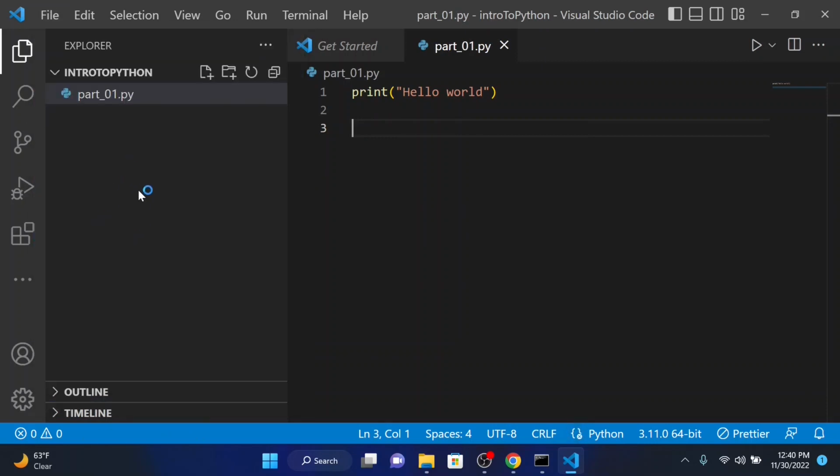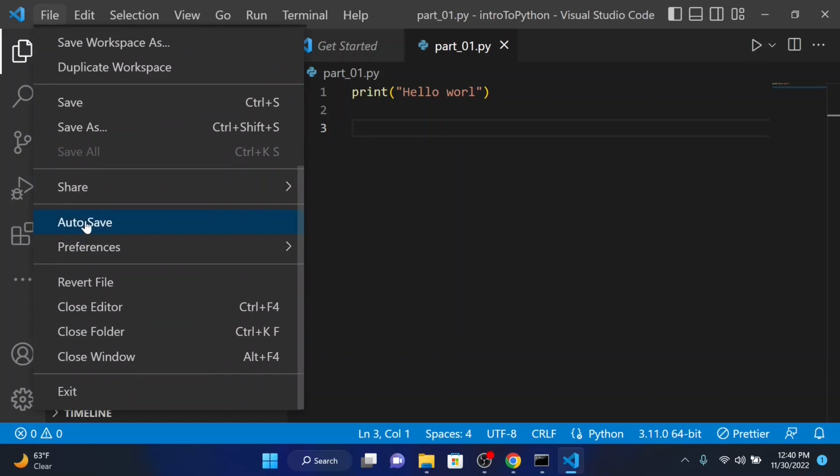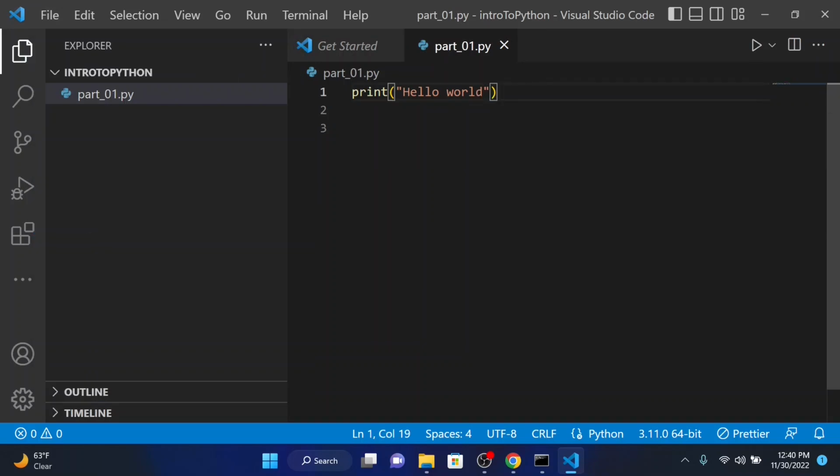If I disable auto save and I go in here and change something, you can see that I have this dot on my file right there. You can see there is a white dot, but if I press Ctrl and S, the white dot changes back to the cross. That shows that my file is saved. If you want to enable auto saving, you can just click on auto save, meaning that your file will get saved every time you make changes. You don't have to press Ctrl and S, and that's a really good advantage, because sometimes you can forget to save your file and you'll be writing your program and getting errors, but the issue is that you forgot to save your file, right?